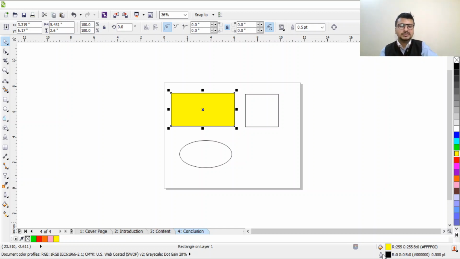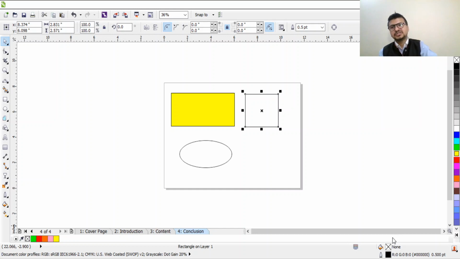These two things basically denote the shortcuts: the bucket is the fill tool, we are filling the color inside the shape, and the other one is used for the border color, the outline of the border. This is used to change the thickness of the border.